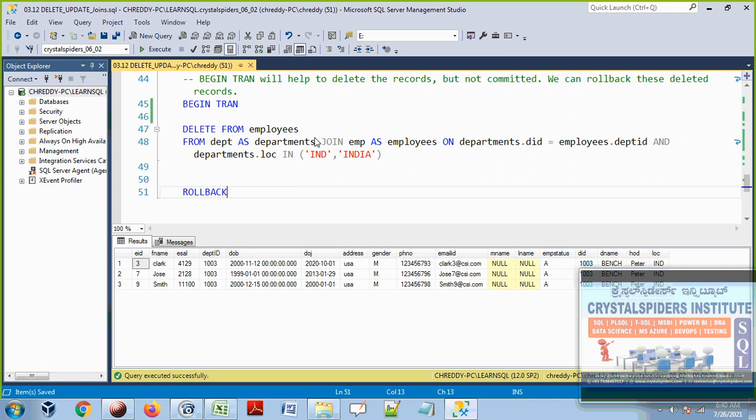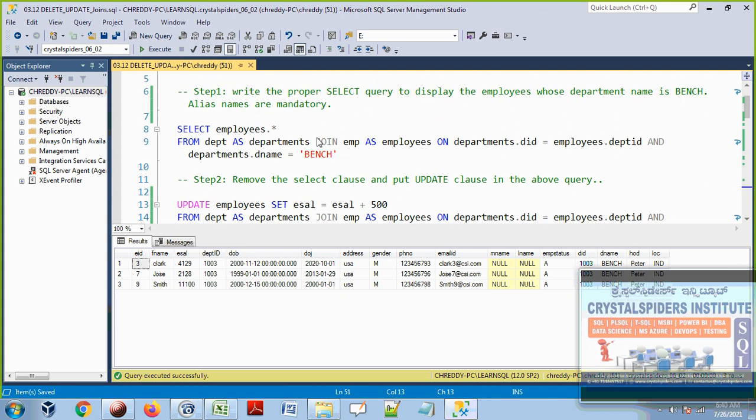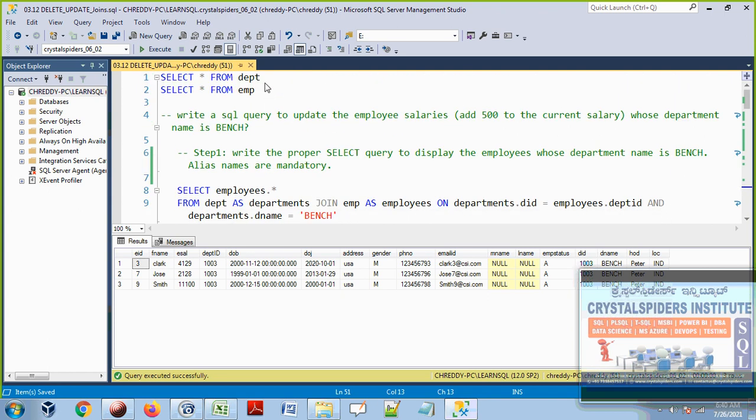So this is why we are using these joins to update and delete, because I am going to put conditions on a different table and I am going to display the values from one table. We can also use subqueries, guys. Here we can also use subqueries to do this, and at the time of subqueries we will see all this. But in case you want to join, use the joins; we can do update and delete operations with them too.